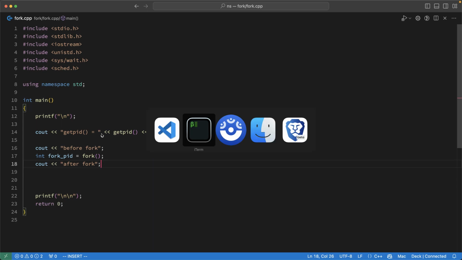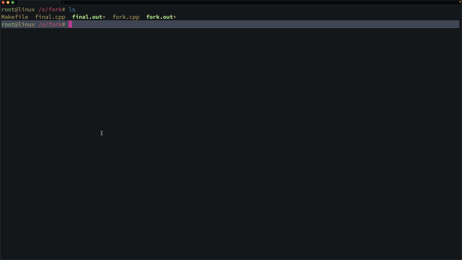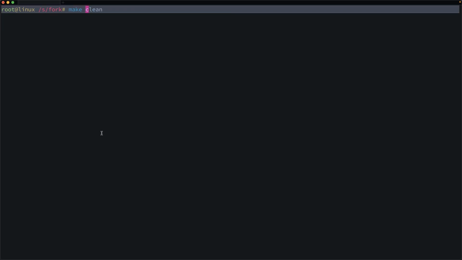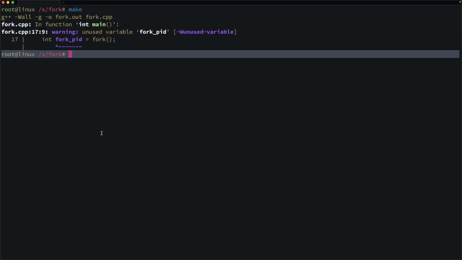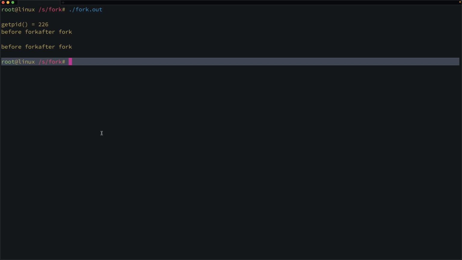All right, so I'll come over to the command line. Got a little Linux environment inside of here. There's a makefile, so I can just run make here to update my little program. Got a warning about the PID. I can ignore that for right now. So if I run my program again here, we get the PID just like before. But in the case of our messages, we see "before fork," and we see "after fork,"